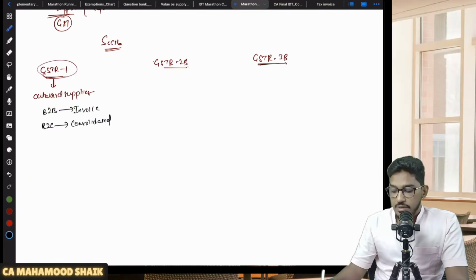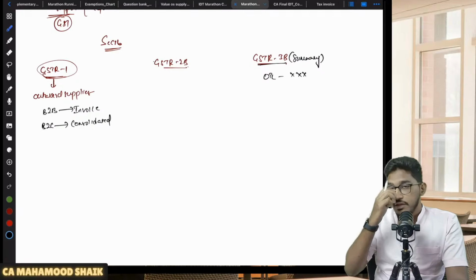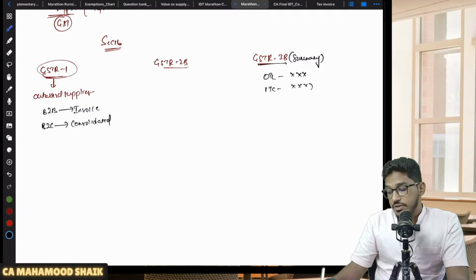Then there will be one more statement which he has to file. What is that one more statement? It is GSTR3B. It is a summary return. I will say GSTR3B is something like a summary return, where you will mention what is your output tax liability resulting from your GSTR1 and what is your eligible input tax credit. That input tax credit you will avail. If there is any excess payment you are required to make, that you will make by cash payment.